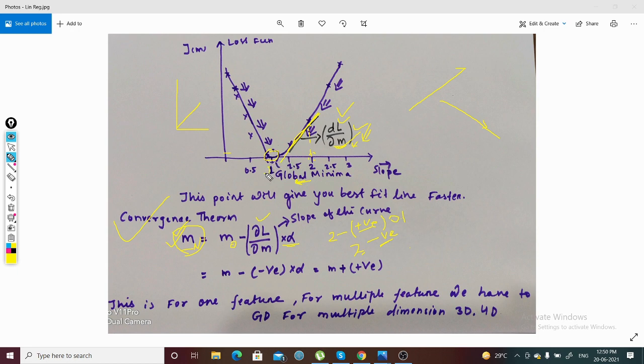After getting this new coefficient value, supposedly we get 1 as the coefficient or slope value. Using that coefficient value, with y is equal to mx plus c, we can draw the straight line, right? So this is the efficient way of getting the best fit line in linear regression. This is the last theoretical part of linear regression. I'll discuss more about linear regression and the code part in the next video. Thank you guys for watching.